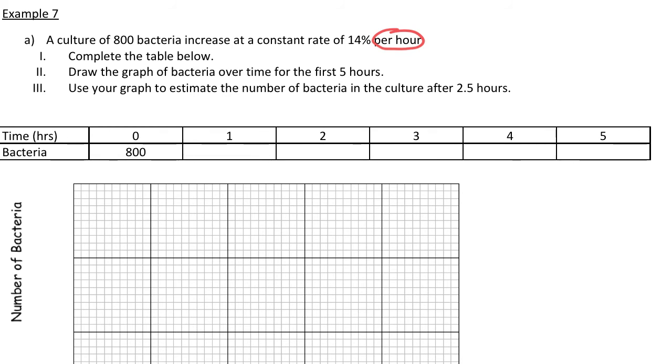So what we need to do is increase 800 by 14%. One of the ways we can do that is by a multiplying factor. If we've got 100% originally, and we add on 14% to that, we get 114%, which is a multiplying factor of 1.14. So to get from 800 to the next number, we multiply by 1.14. And we do that, we get 912. And then we multiply by 1.14 again, and we get